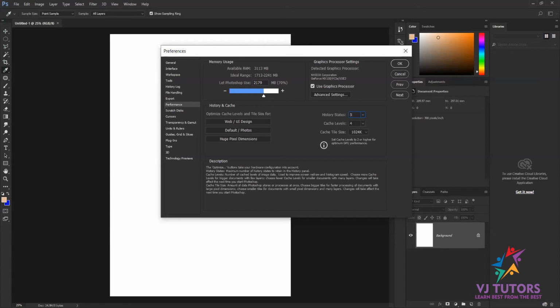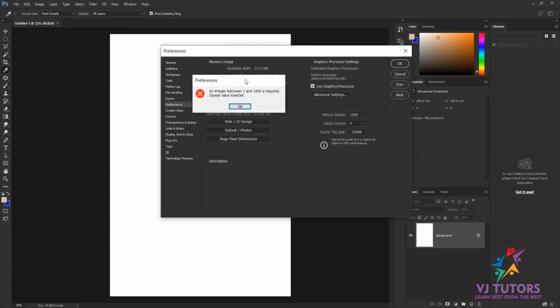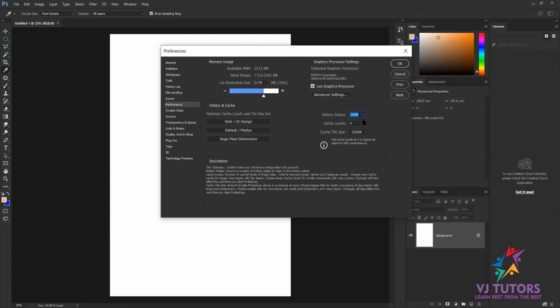Minimum you can set one, and maximum you can set 1000. Above 1000 you can't do; if I type 1001, it gives me a proper dialog box that tells me an integer from 1 to 1000 is required. Okay, that's it. I use 1000, because I don't think we'll go back a thousand times, but I recommend using 1000.